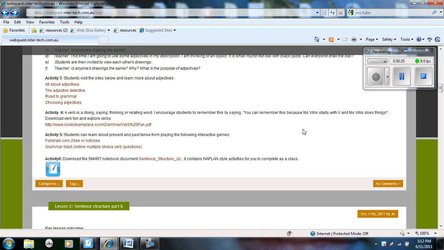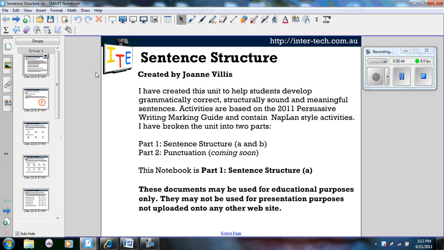Throughout the site, you'll notice there's an icon here. This is a notebook icon, which is software that's specific to Smart. You'll see here that you can download the resources. You will only be able to view these if you have the notebook software. This first one here is called Sentence Structure A. If I view it in full screen,